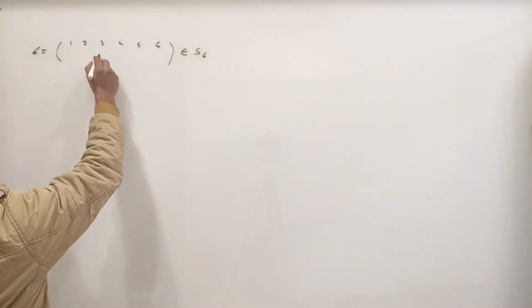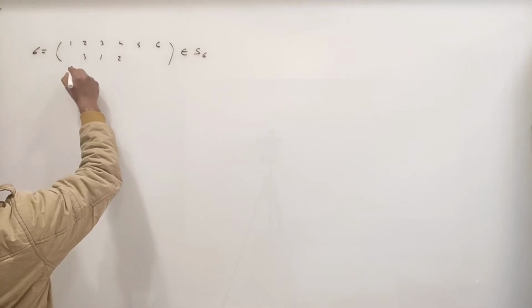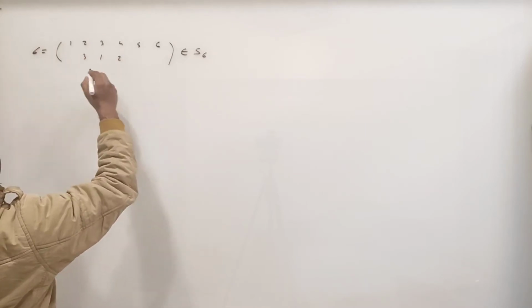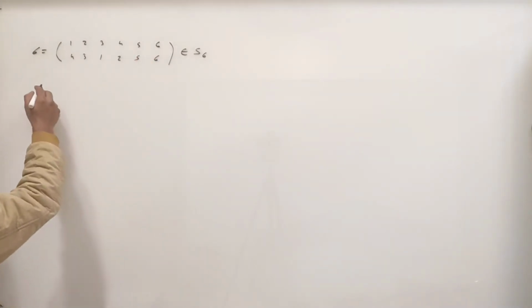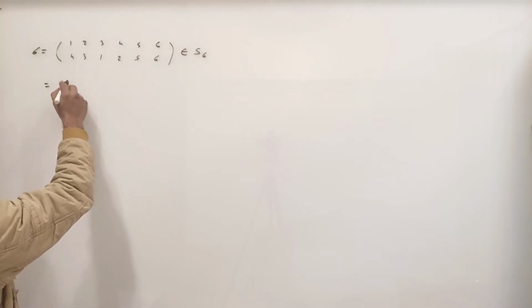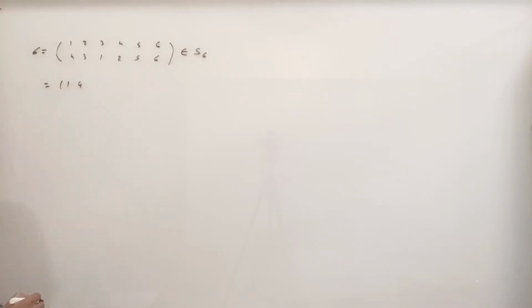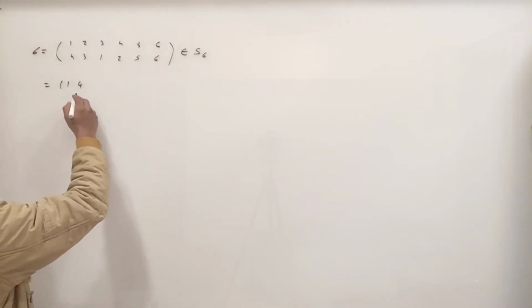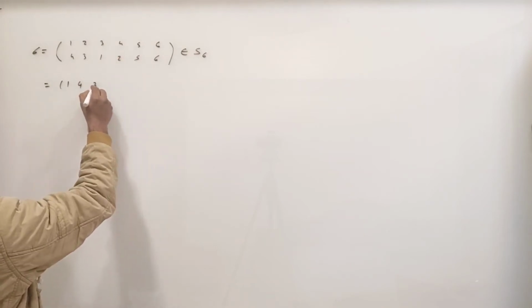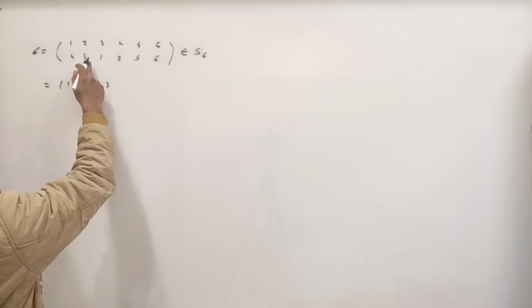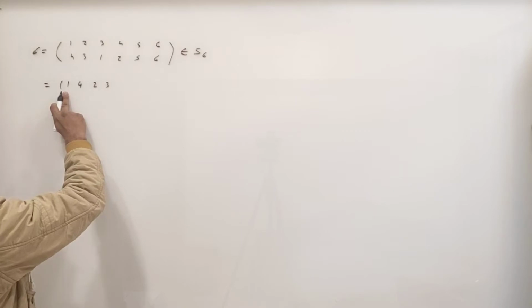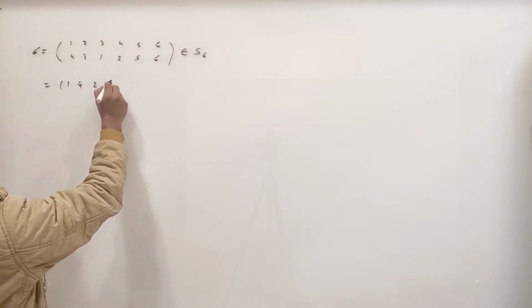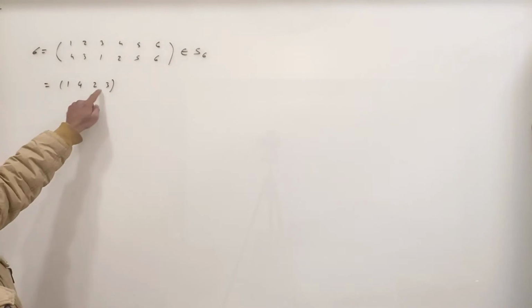So let us consider it is 1 2 3 and say 4 5 6. So how can I write it? Here the image of 1 is 4, so I will write 4 on the right hand side of 1. So 1 goes to 4, then 4 goes to 2, 2 goes to 3, and 3 goes to 1. So we arrived at the element from where we had started. So we stop here. So now 1 2 3 4.